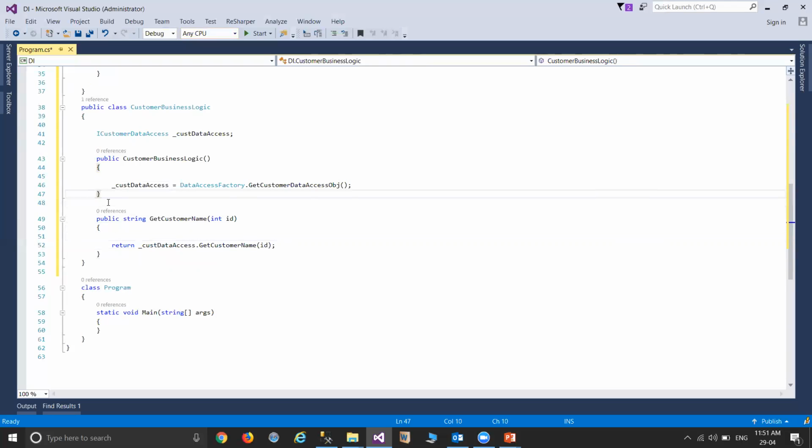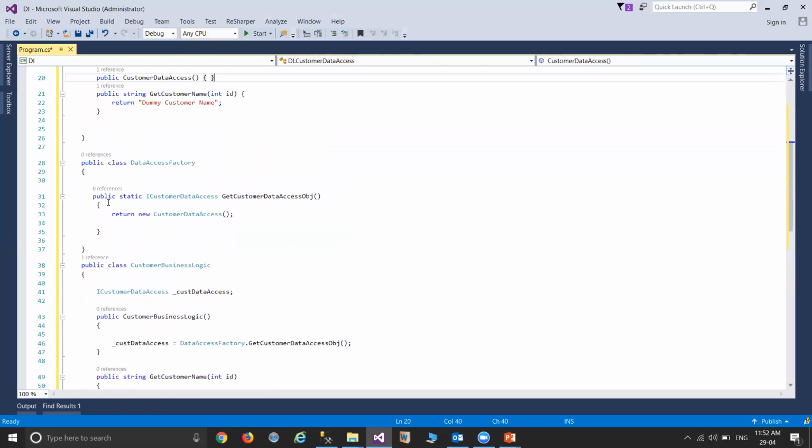After this, the problem with our example is that we used data access factory inside the customer business logic class. Suppose there is another implementation of the interface customer data access for some reason, and we want to use the new class inside customer business logic. Then we need to change the source code of the customer business logic class. Also, the dependency injection pattern